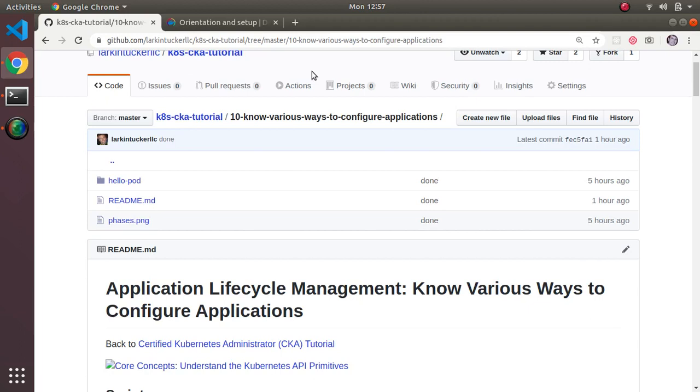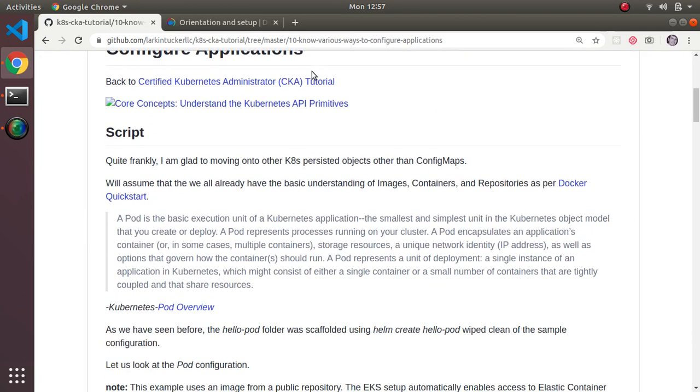This section is Application Lifecycle Management. Know various ways to configure applications. So first of all, quite frankly, I'm quite happy to be done just using config maps and start introducing additional